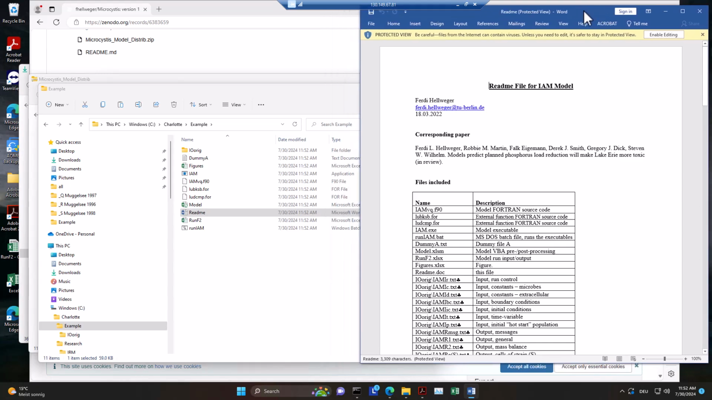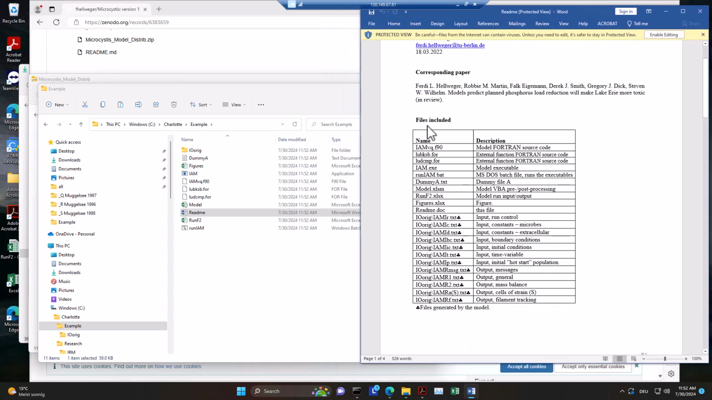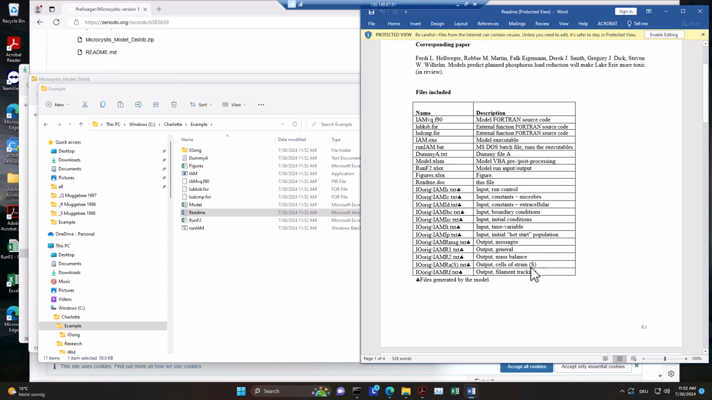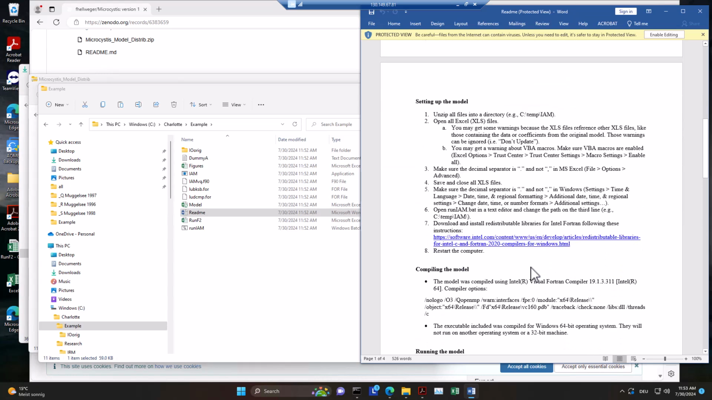Here's first of all a table with all the files included and the description of them, so you can double check. But what I wanted to say is that we must make sure that the settings on your computer are right. So for setting up the model, we first need to unzip the files. We did this already. You should open all the Excel files. I won't do this setting up because I've done it already, but you can just follow the instructions here in the README file. So please open your Excel files,